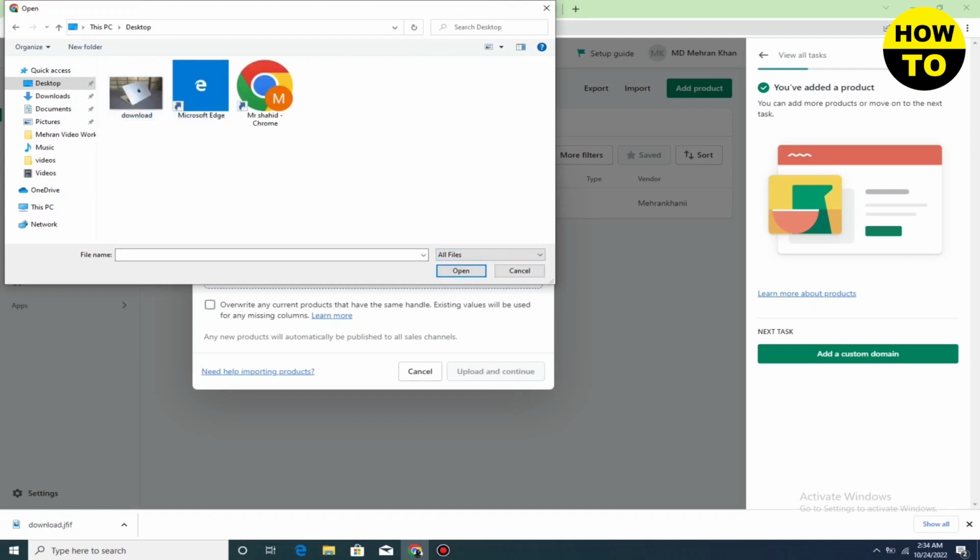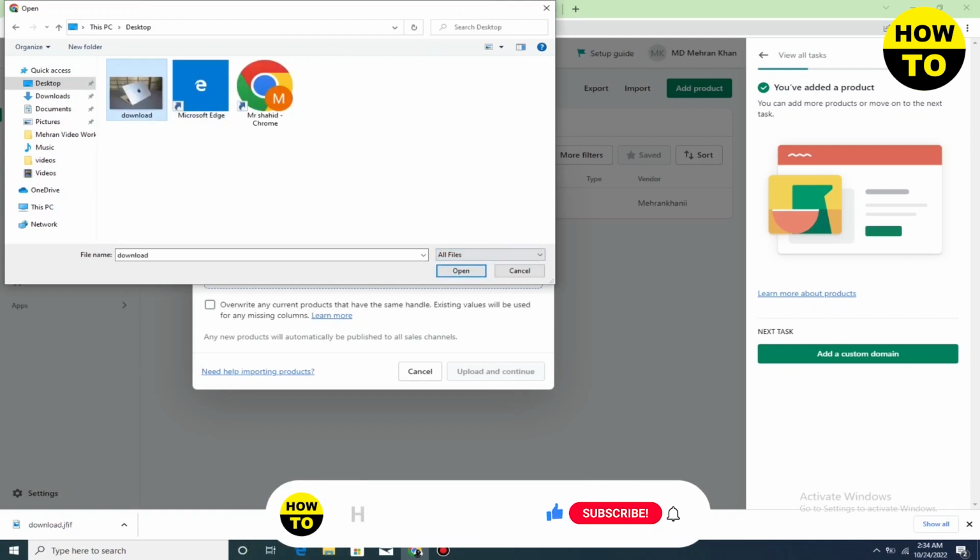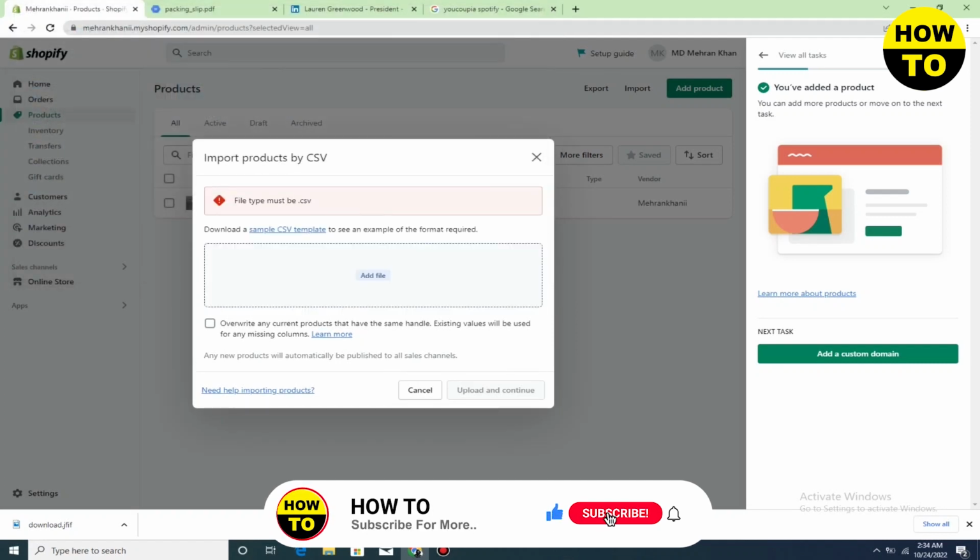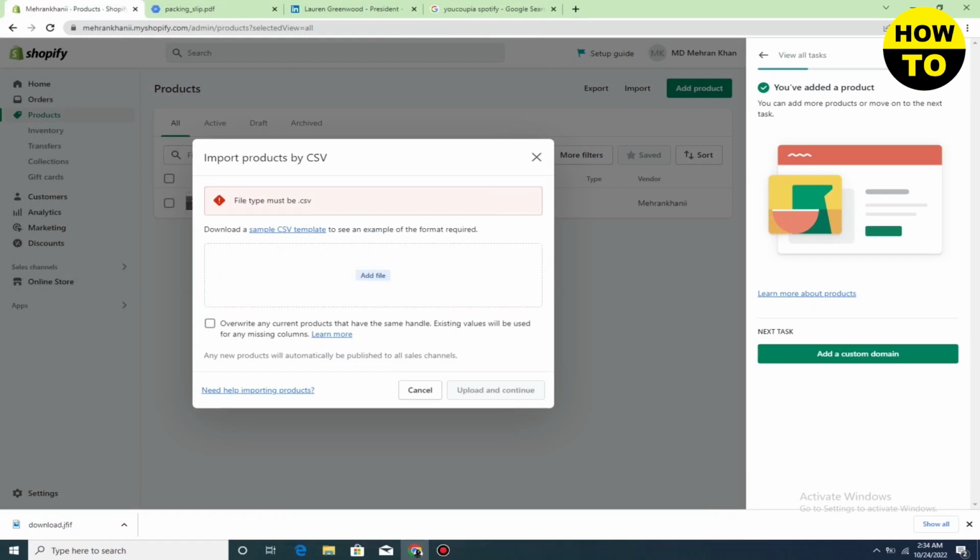So what we get to know is that whenever we want to import any product here, we need the CSV format first, and then we can easily import the